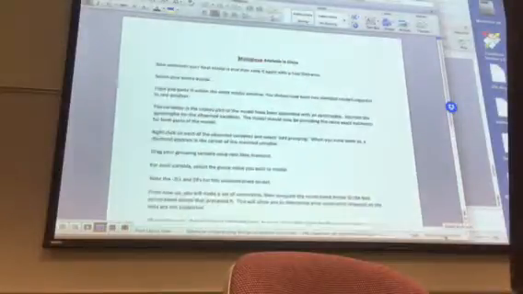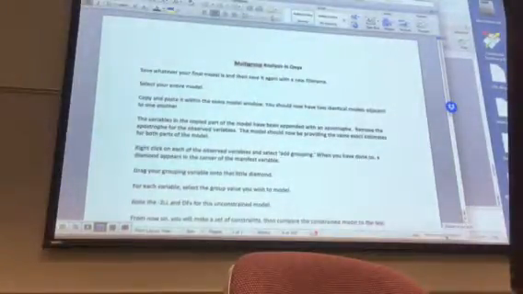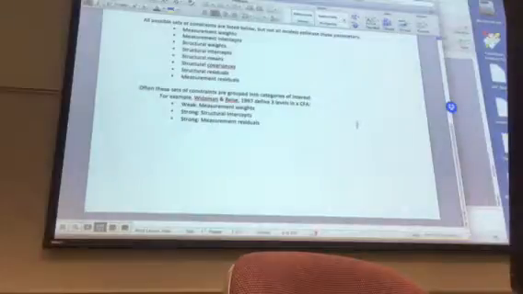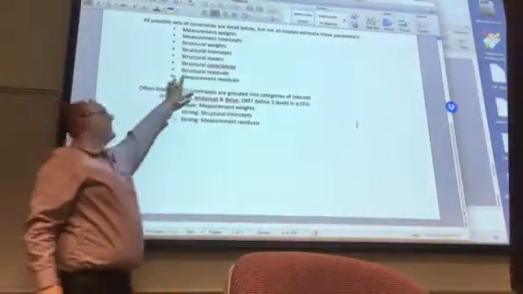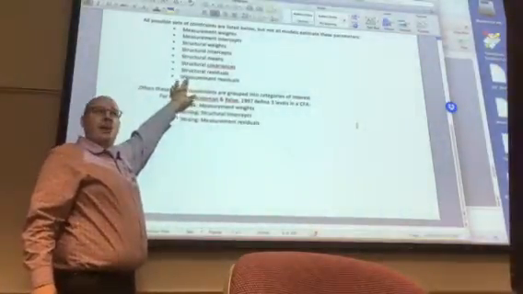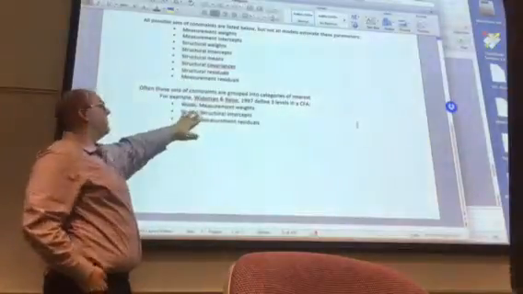There is an instruction sheet on how to run multi-group models in Onyx. And I'm just going to show you one thing at the bottom. So this is entirely consistent with what I had on that slide. But notice at the bottom here,